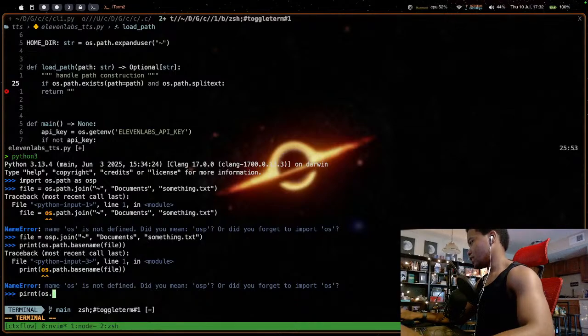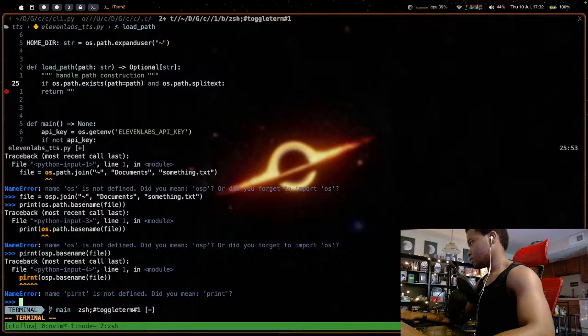I'm so used to typing it in now. os.path.basename. Dude. So I don't like the rebel osp dot basename file. Close it.